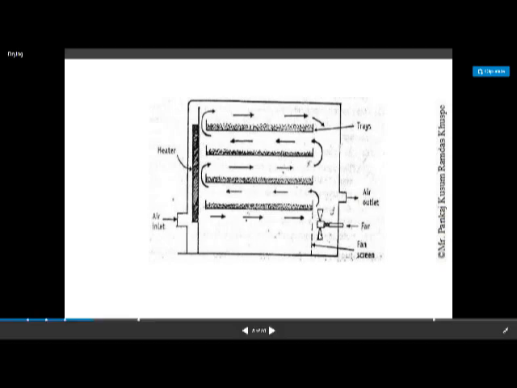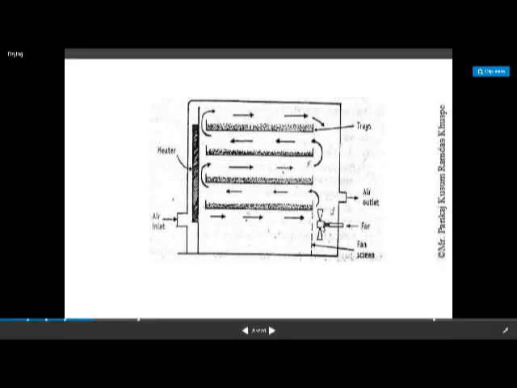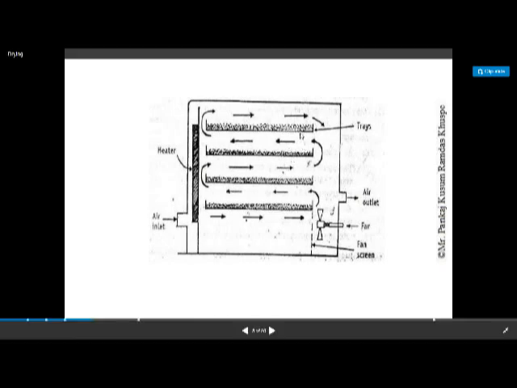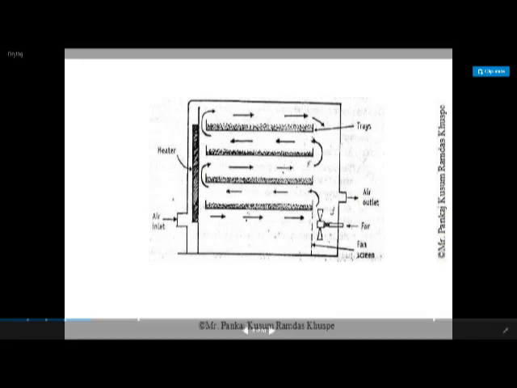What is the purpose of the fan? The fan circulates the air, near about 1000 feet per minute, this is the velocity of the air with which that fan is going to circulate the air. Now these are the trays. In this construction, these are the trays. These trays are having near about 1.25 to 1.5 inches depth.